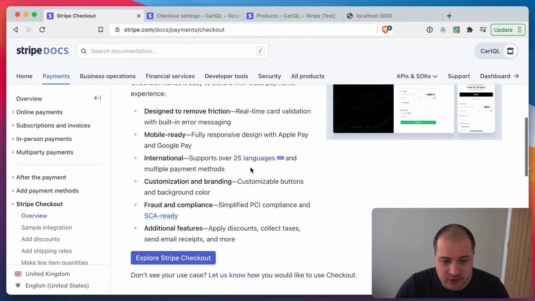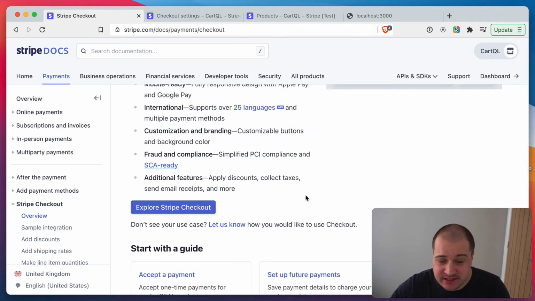Hi everyone, in this video let's take a quick look at Stripe checkout. We'll follow on with a few videos on how we can customize the Stripe checkout, but I thought it would be fun today to have a look at how you can create a client-only integration with the Stripe checkout. What this really means is if you are using Stripe checkout, you can use this by calling from the front